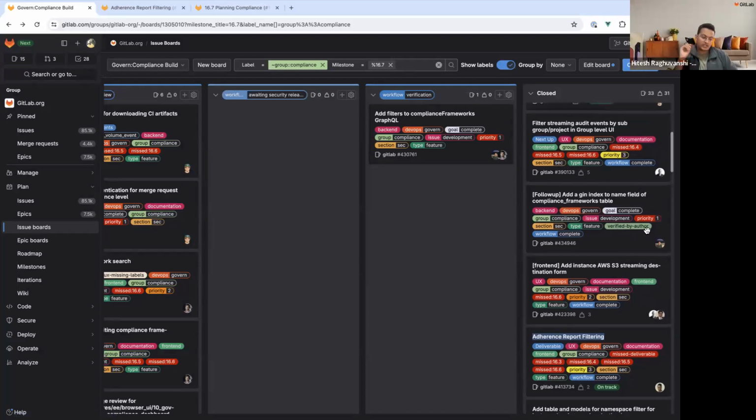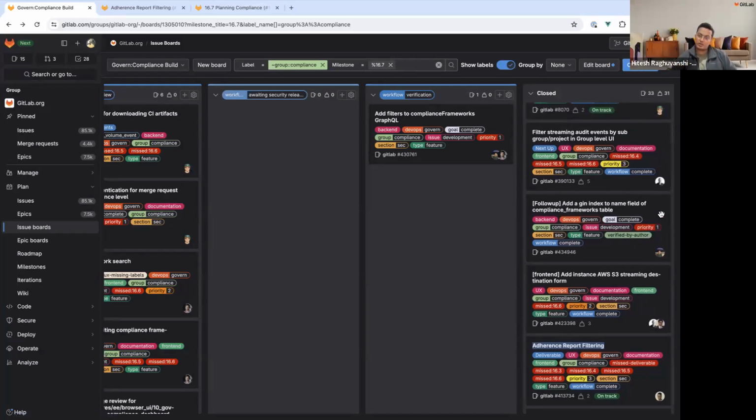Earlier I had added compliance frameworks filtering in the dashboard, and there was a problem with the name field: it was using a binary tree index, and the database maintainer suggested I use a GIN index instead, because that will be better in this case. So this MR corresponding to this issue adds that.